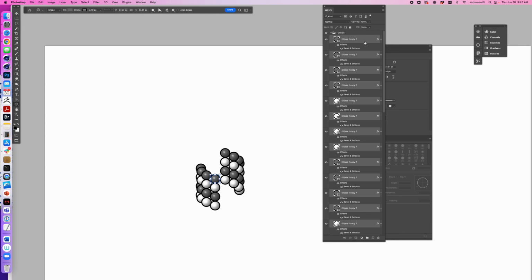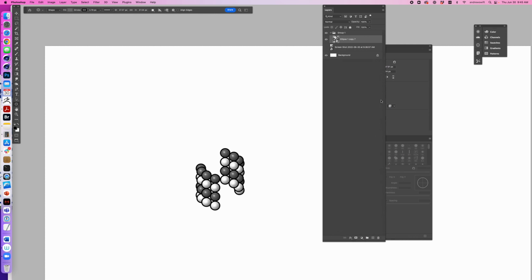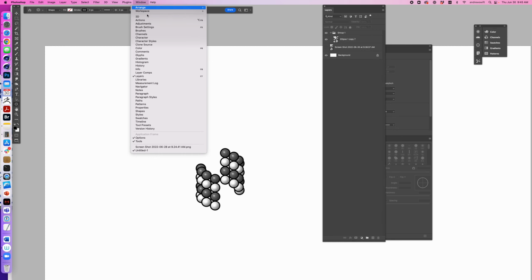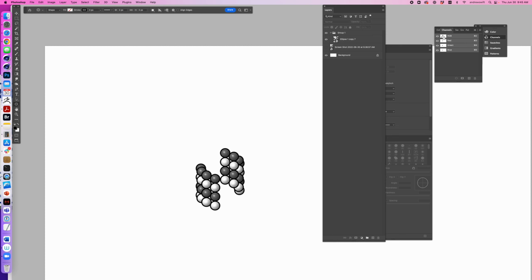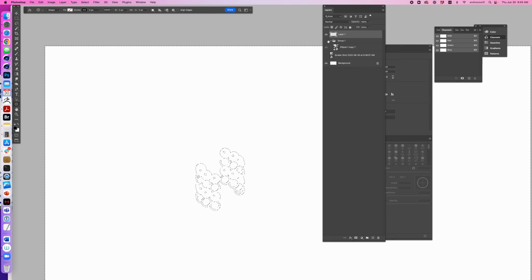Convert to smart object. And then I think what we do is we go into our channels. Let's see if I remember how to do this. And do command click, and that'll give us the grayscale, and then make a new layer. This, we don't need this anymore. Take the inverse and fill it with black. Now I think if we copy that,